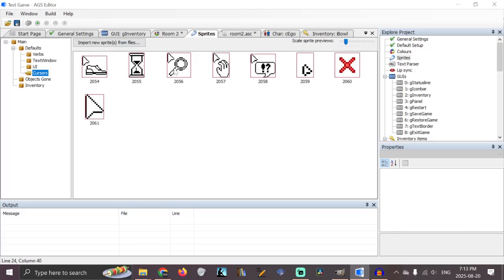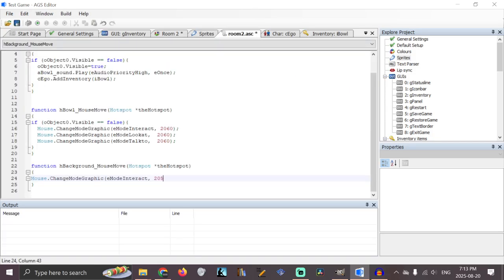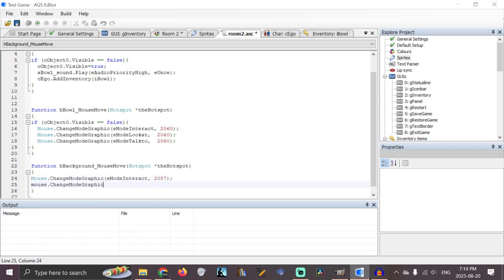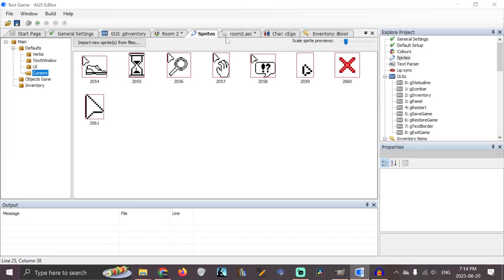Let's go back to sprites. Interact is 2057. So 2057 bracket colon semicolon mouse dot change mode graphic look at, and that is 2056